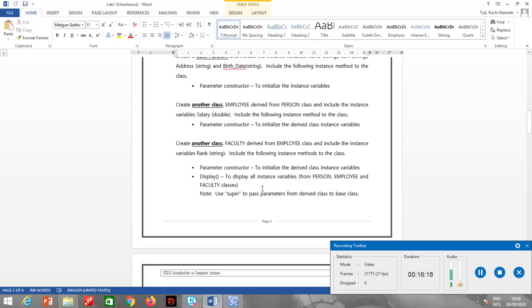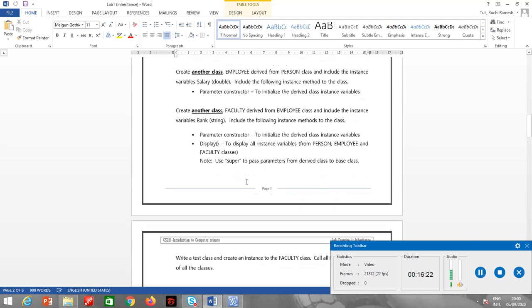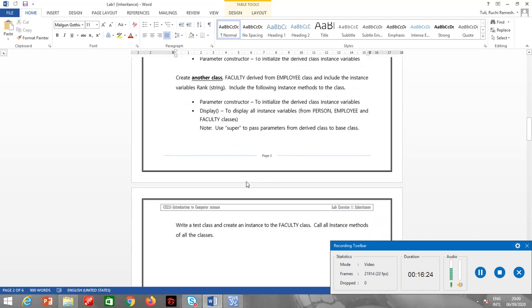Next, I must have a method called display, and I should be able to display all the instance variables from the person, employee and the faculty class. So the method is display.